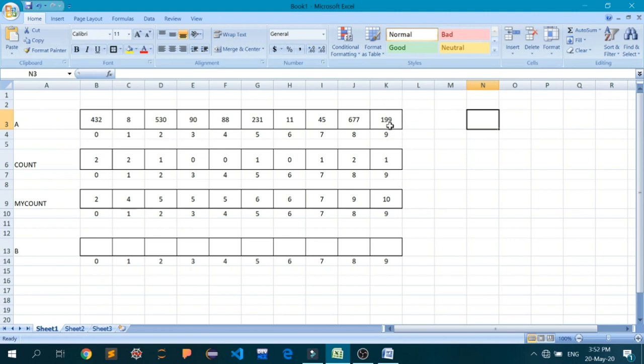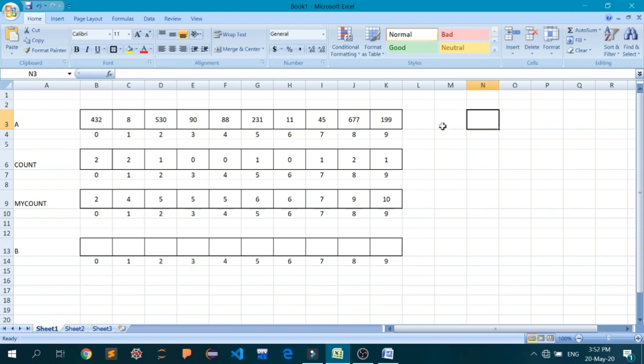The digit at its 1's place is 9. So we'll go to my count and index 9, and I will see what the element there is, and this element minus 1 will actually tell us the place inside this B.